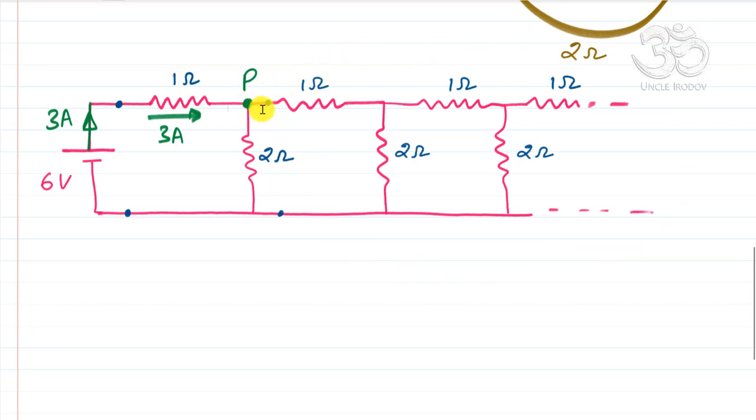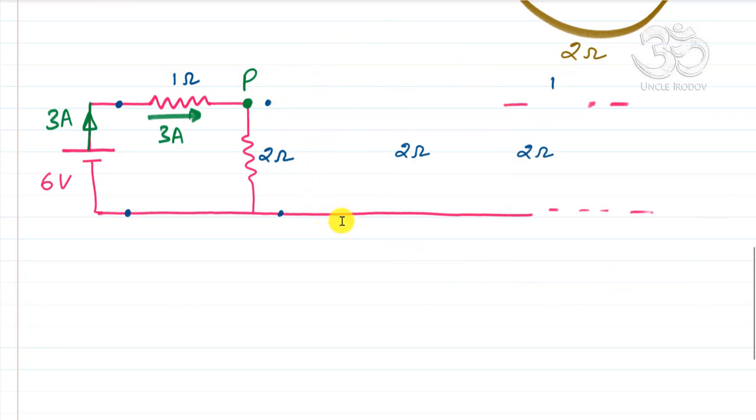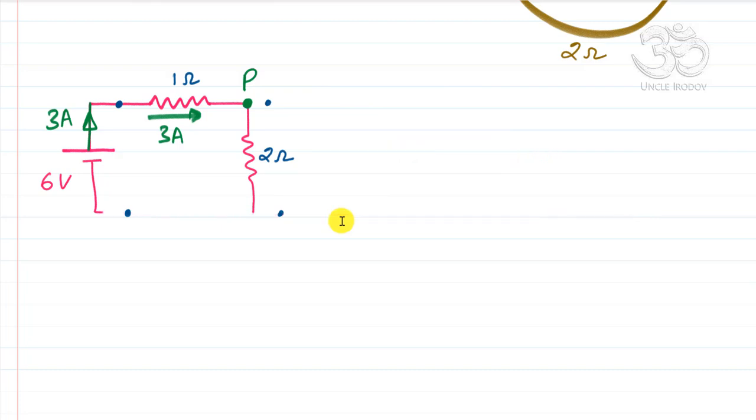So the current that splits at P will not just do based on whether it is 2 ahead or 1 ahead. It'll see whether it is this entire segment ahead of it, and that entire segment ahead of it, let me just erase it, can be